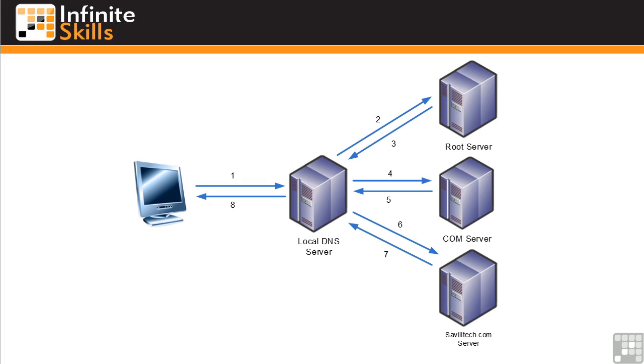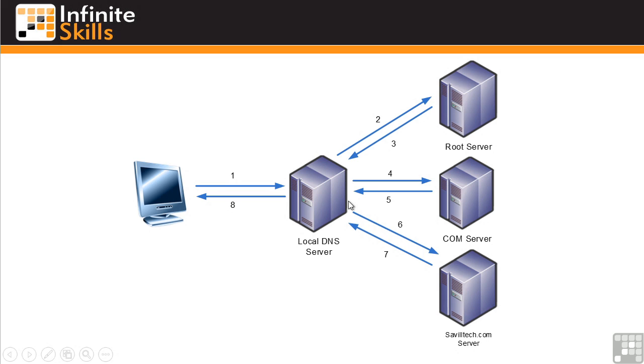And when you query, for example, infiniteskills.com, when you query those .com servers, it points you to the DNS servers that look after the infiniteskills.com DNS zone. So it's an iterative process. As you can see here, if I'm a client and I'm doing a search for